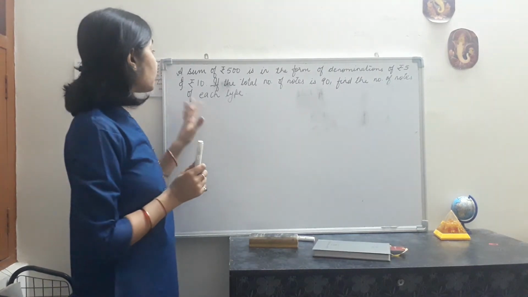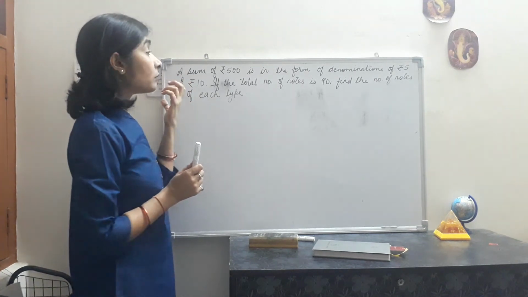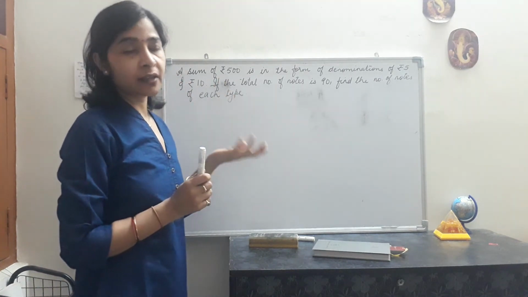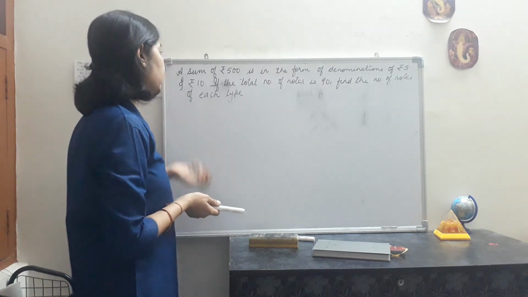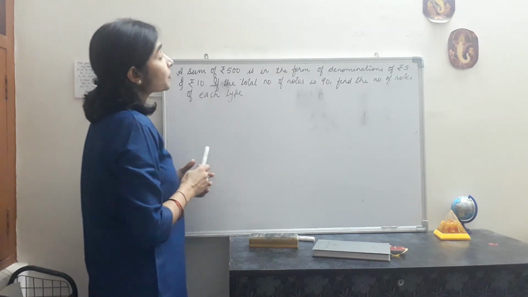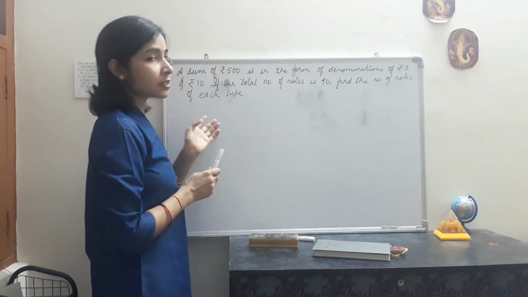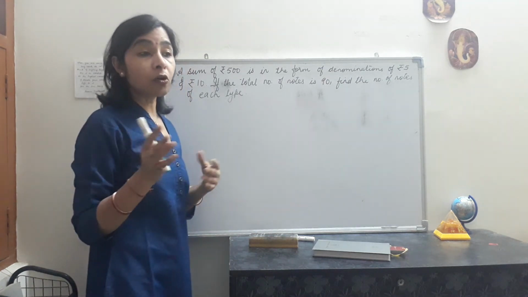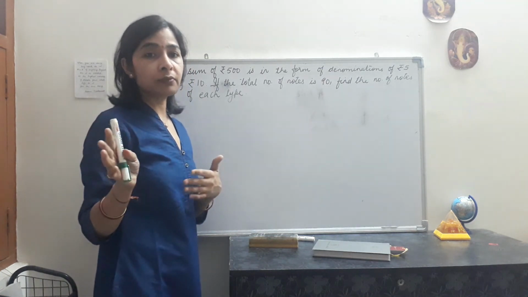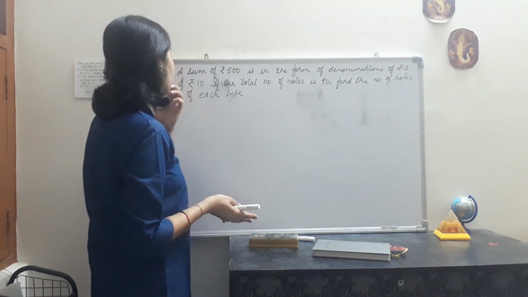So the last problem of our today's video is related to the denominations of the notes. We are having notes of 2 rupee, 1 rupee, 5 rupee, 10 rupee. It is related to the same. A sum of rupees 500 is in the form of denominations of rupees 5 and rupees 10 notes. Whenever we make a payment, it is not necessary that all the currency will be of the same denomination. They will be of different denominations.